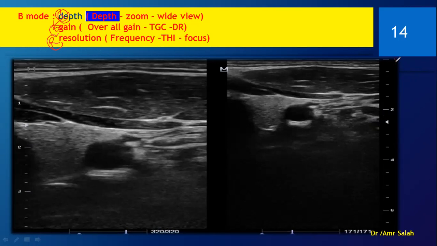Okay. So we have here on the sidebar some numbers. What are these numbers? Anyone has any idea? Yes, absolutely correct. It's the depth we are talking about. These are the depth of the penetrating ultrasound waves. So in this picture, it's around 6 centimeters.